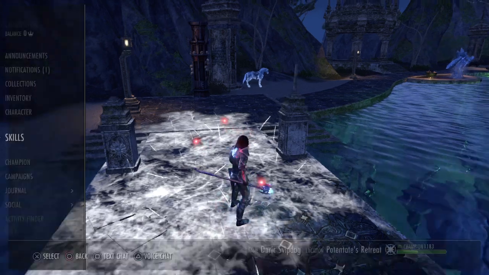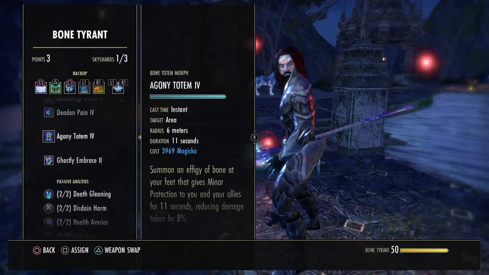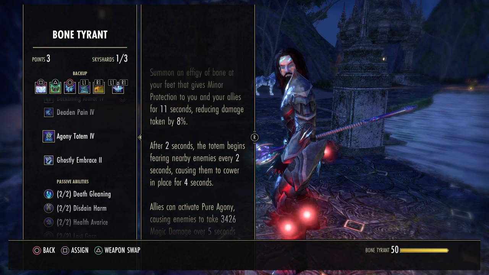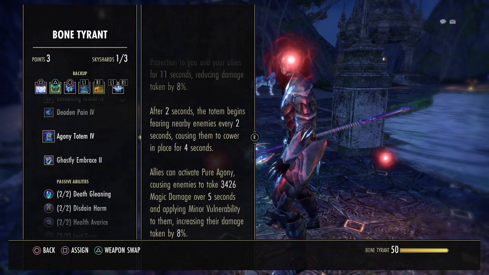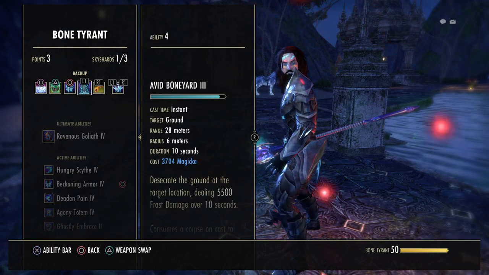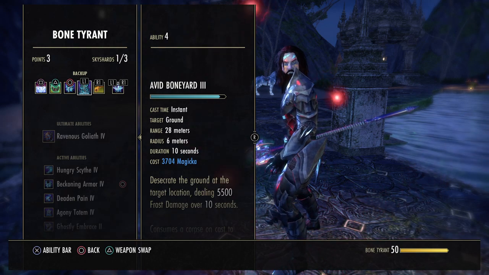That's why we are not running the other skill that I used to run here before, the Agony Totem, which would fear things in place and also reduce the resistances. But it's not really necessary if you run an ice staff and the Boneyard, and this setup is just working a lot better right now, mostly because of the changes to Alkash and the new monster set, and it's good enough